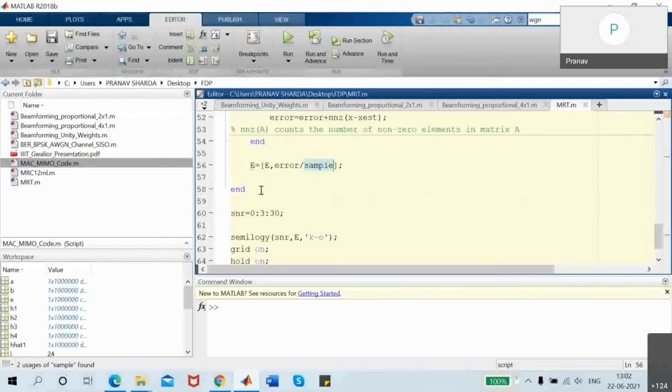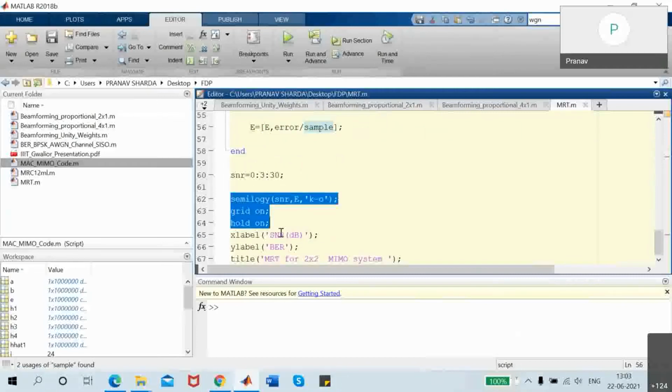So this SNR loop ends here. Please note that for a specific value of SNR, we get a specific average BER value, right? That's why the outer loop is of SNR and the inner loop is of the number of bits. Corresponding to each value of SNR, you have this 10 raised to power 4, say, iterations or bits to be transmitted. Then you take the average of all those transmitted bits, counting the number of errors and dividing it by the number of total transmitted bits, and you get the average BER.